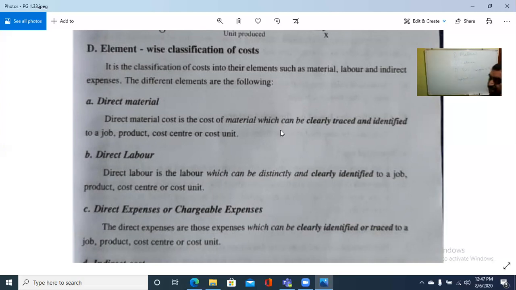That is direct material. While direct labor is what? Direct labor is the labor which can be distinctly and clearly identified to a job, product, cost center or cost